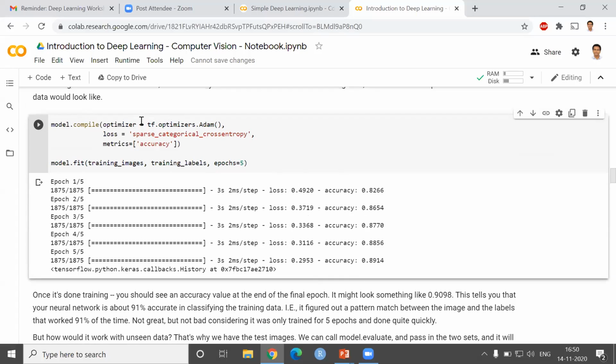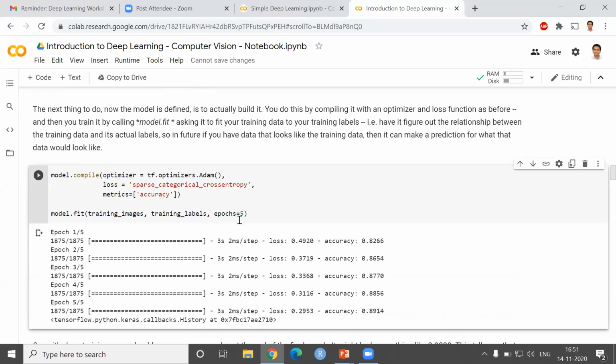The initial guess will be wrong, and then using this optimizer function it will make a new guess and calculate the error using the loss function. Initially the accuracy was only 82.6%, but finally the accuracy has increased to 89.14.